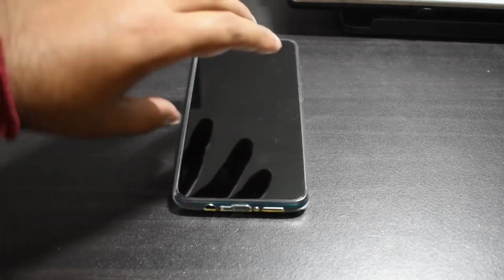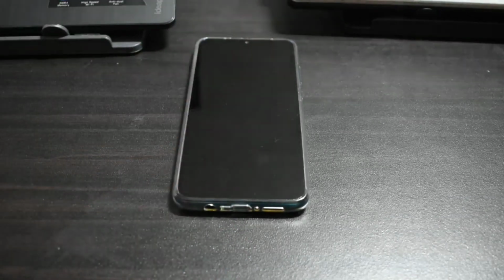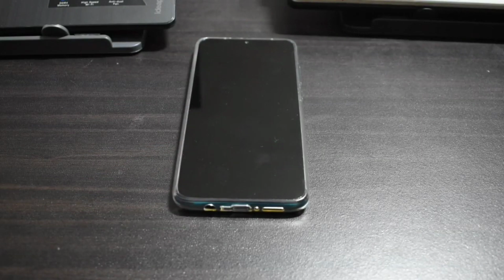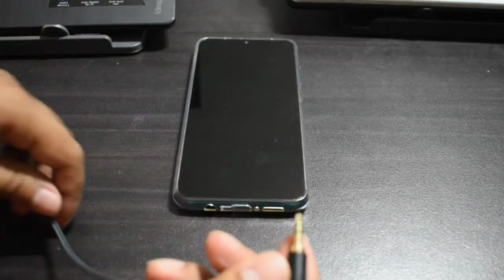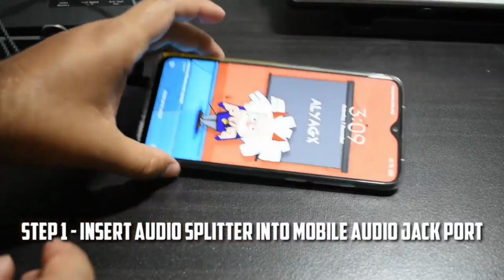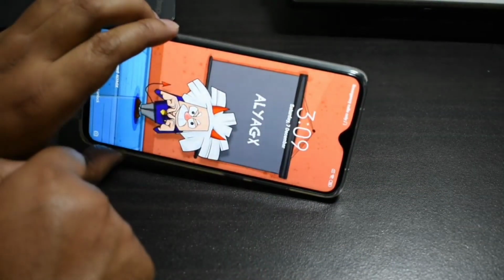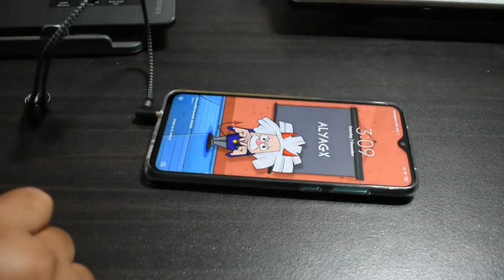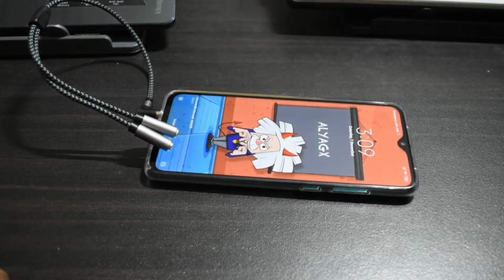So the first thing we're going to do is take your mobile device and connect it with the audio splitter. As you can see, we put this over here, and now it is showing the symbol of the audio jack inserted in the mobile device, and now we have these two ends available. In one of the ends we are going to put the aux cable.